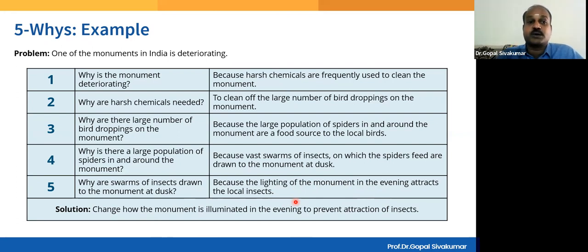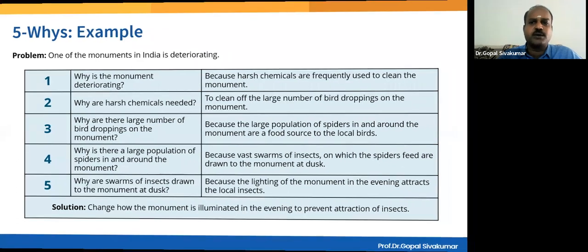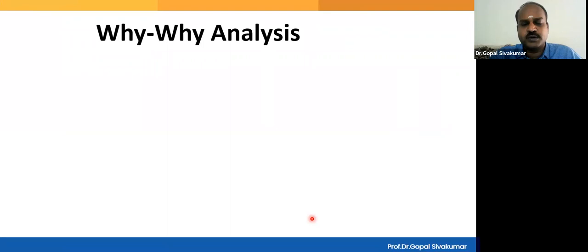So now, what could be a possible solution to the problem? The solution to the problem is not using heavy chemicals and not repeatedly cleaning the monument. Rather, change how the monument is illuminated in the evening to prevent attraction of insects, because the insects generally get attracted where there is more lighting. So change the way of illuminating the monument in the evening, particularly the time is shifted. Thereby the problem can now be reduced. So this is how why analysis can help you to come up with a different perspective to figure out the causes